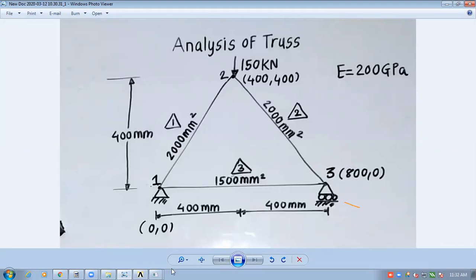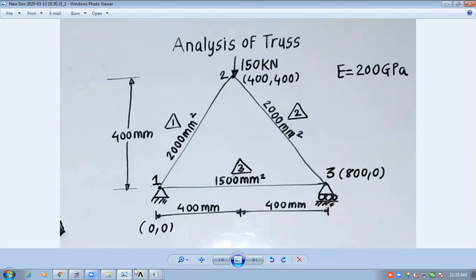Yes. One of you told me that this is not entered, right? We haven't entered the roller. Similarly, at node number 1, we have not entered this fixed support, and we have not entered this load. So this is fixed, this is roller, which is nothing but a boundary condition. Until you apply these boundary conditions, you don't apply the force. So first you make it fixed at node number 1, then you provide the roller support at node number 3, and then you apply the force.